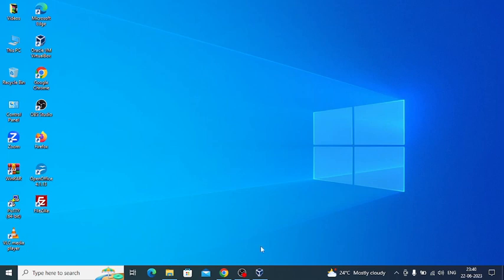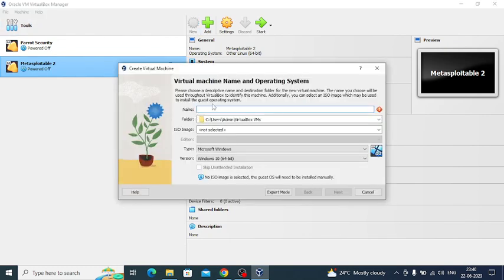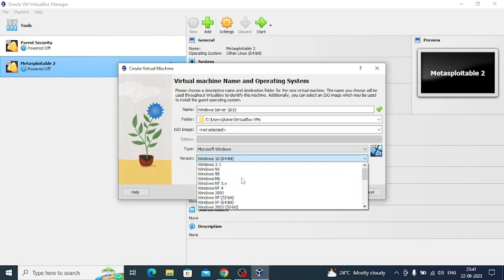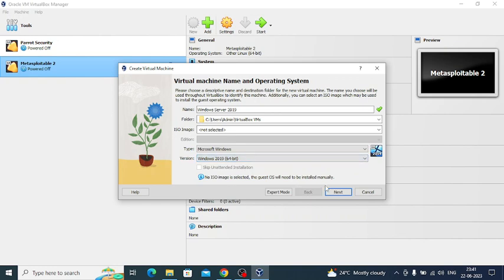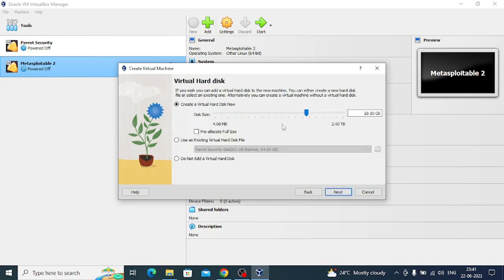Now we will install Windows Server 2019 as part of our ethical hacking virtual lab. We will click on new. So we'll type the name Windows Server 2019, type Microsoft Windows, and here we'll select Windows Server, Windows 2019 64-bit, and then we will click on next. It's taking around 2 GB. It's okay. If you want to increase, you can, but it's okay for now. We'll just click on next, and it's asking virtual hard disk size, so it's taking 50 GB. So we are okay with that. We will click on next,